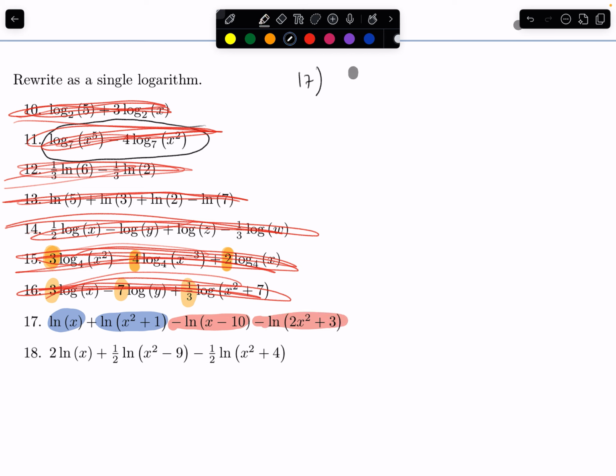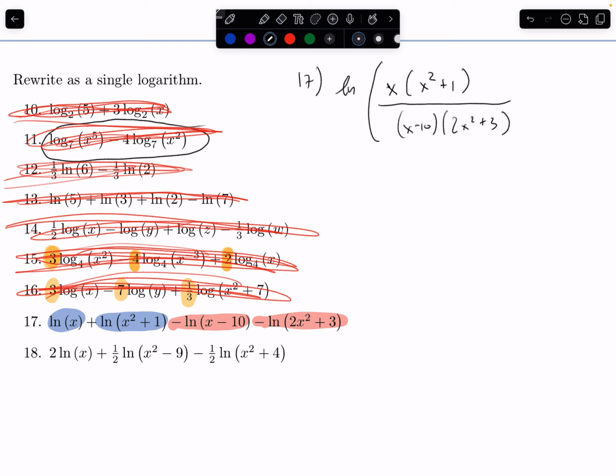So this is ln of the blue on the top, x. When I say blue, you're not including the ln part, because that's the whole point, was to get rid of that, right? So we have one single one. And the red is in the bottom, so x minus 10 to x squared plus 3. Okay, I see. So essentially you're finished,